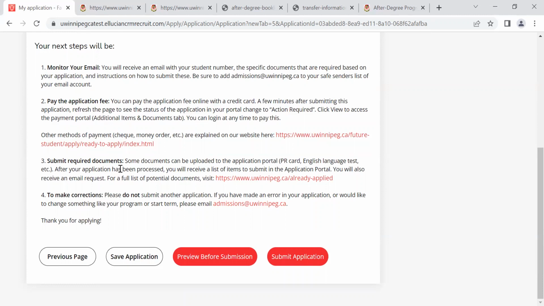Submit required documents. You will be uploading everything that is listed on your application and making corrections. So please do not submit another application. So if you've made an error, perhaps you didn't realize it had auto-filled your date of birth and it was incorrect, or maybe it auto-filled your middle name and it's incorrect, please do not submit a new application. This will confuse things. So all you need to do is email admissions@uwinnipeg.ca after you have submitted the application,